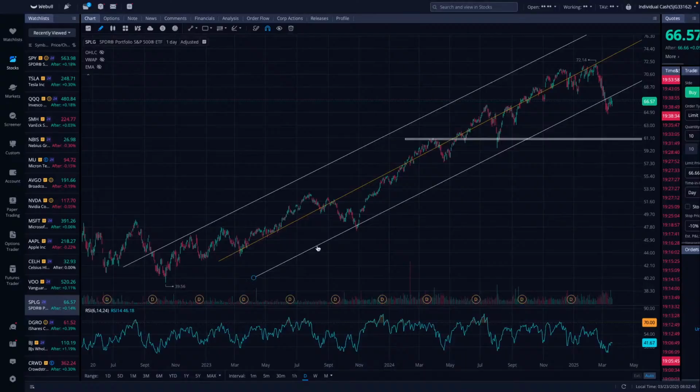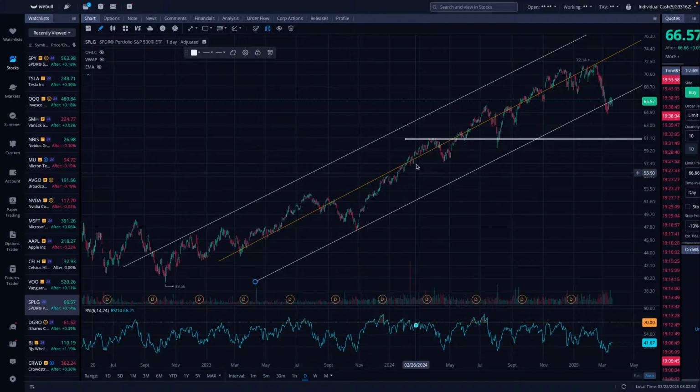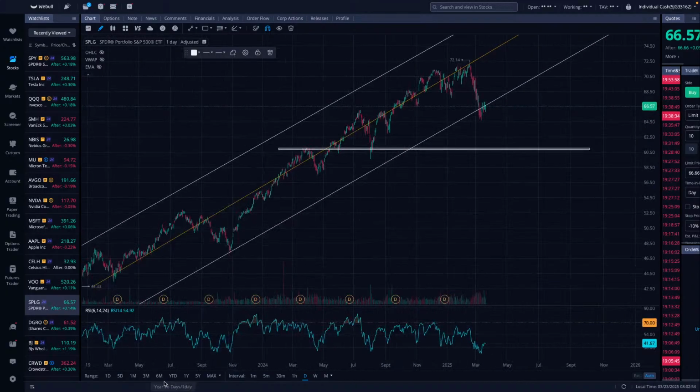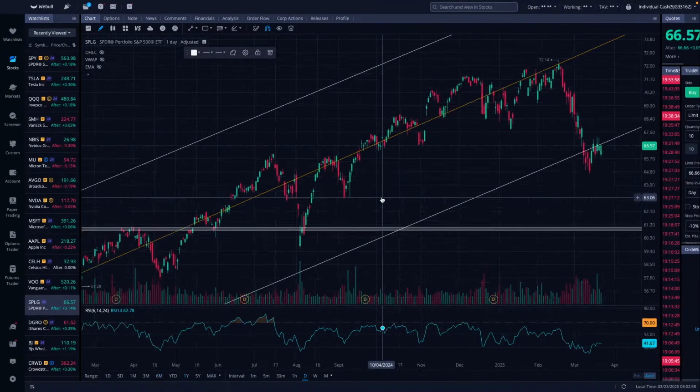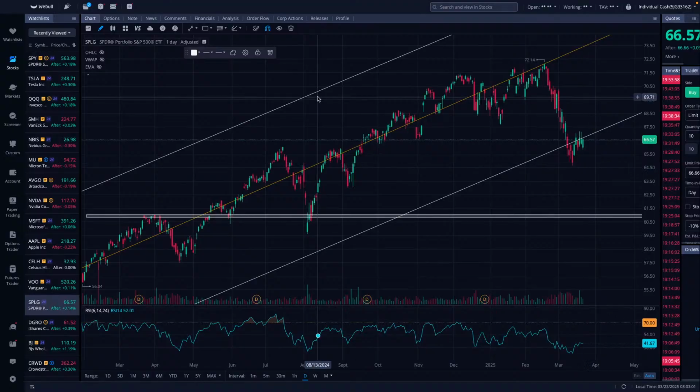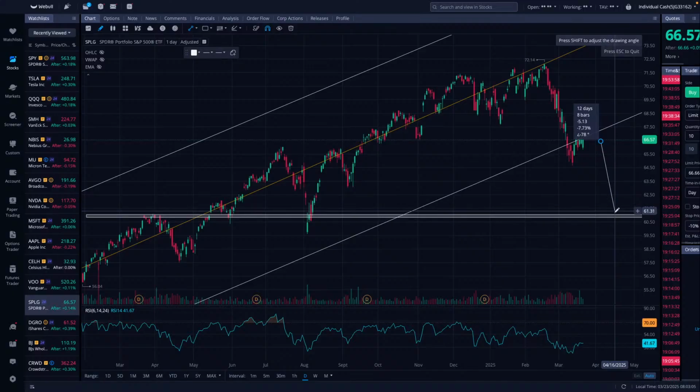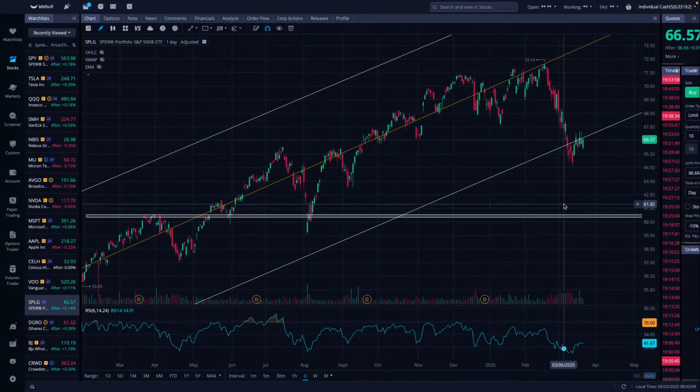Looking at this here, you have multiple touches around here following this nice trend line. I think what you need to focus on is there is a potential that we could get this pullback. If the market continues to go weak, it's not too out of reach. I mean, $66 down to 61 is another 7% decline. We need something to go wrong in the market, maybe more tariff news, whatever it is.